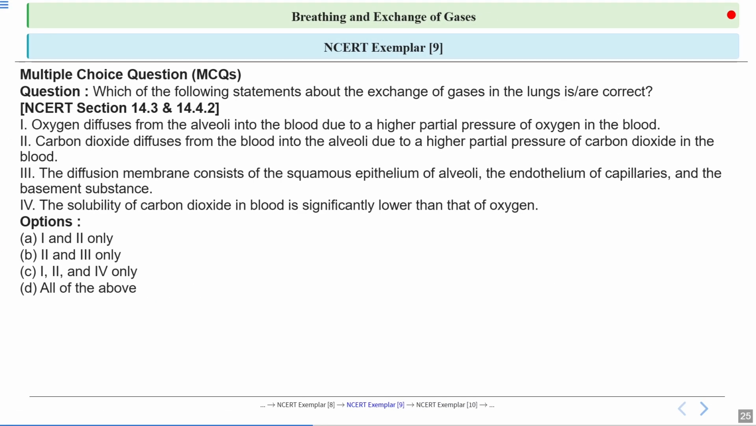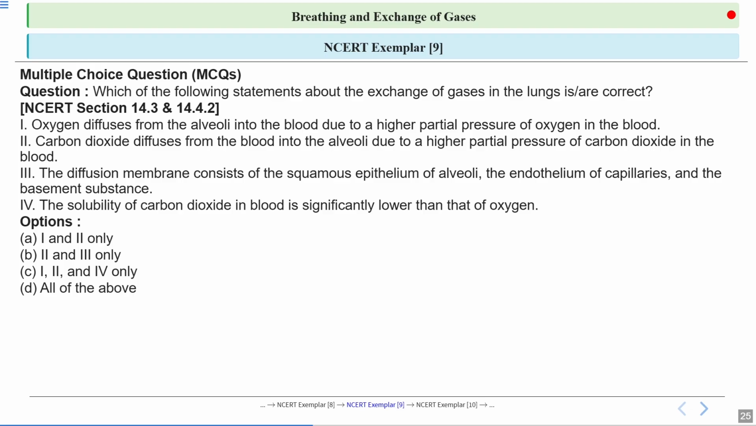Next question. Which of the following statements about the exchange of gases in the lung are correct? This question is coming from the NCERT section 14.3 and 14.4.2. Let us see the statements. First, oxygen diffuses from the alveoli into the blood due to the higher partial pressure of oxygen in the blood. Second, carbon dioxide diffuses from the blood into the alveoli due to the higher partial pressure of carbon dioxide